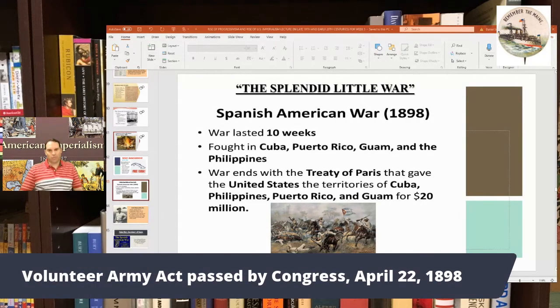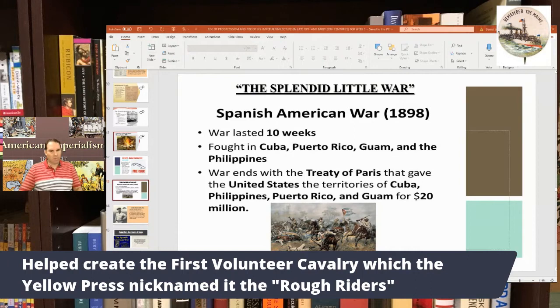The U.S. also passed an act through Congress that was called the Volunteer Army Act. It was on April 22nd, 1898. What this act did was create a bunch of volunteer units to fight in the war. The reason why was because the American Army was not that good. We were terrible. I think our Navy might have been a little better than our Army, but we basically didn't have enough forces. And so it helped create one of those volunteer